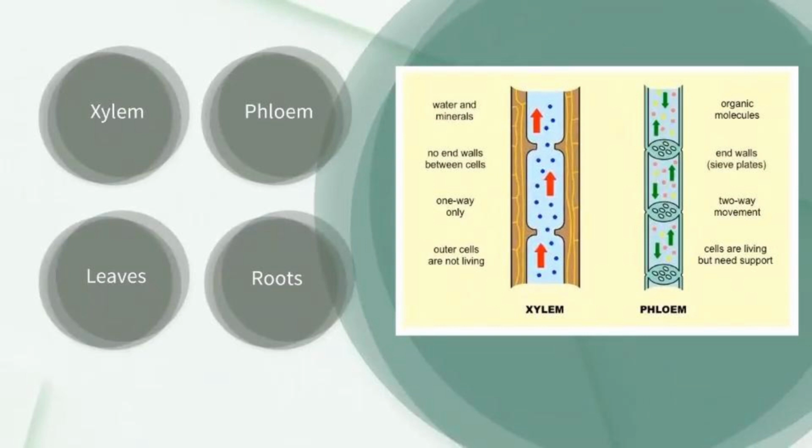And then in the stem, what we have is the vascular bundles. We have several vascular bundles within the stem, and they form a ring. And each vascular bundle has the xylem in the centre, then the phloem, and then the sclerenchyma. So you need to know exactly what structures there are in the stem, the root and the leaf for your exams, and you need to be able to draw diagrams and also identify them in diagrams or also in images